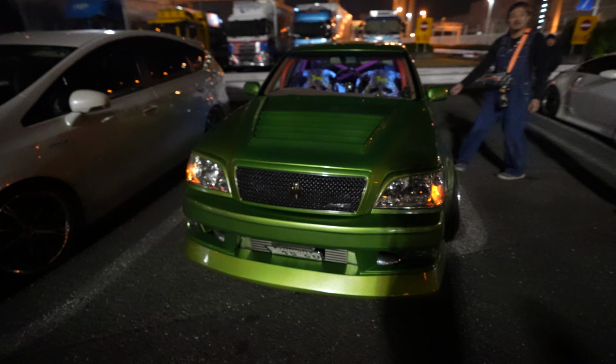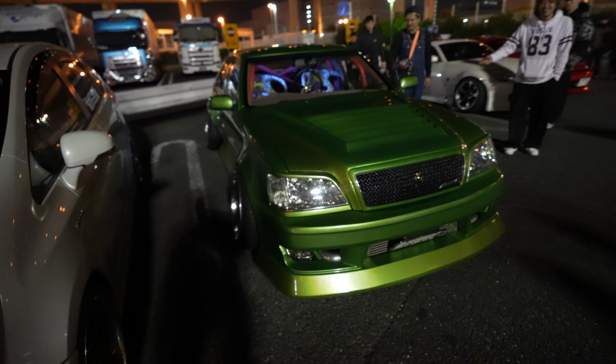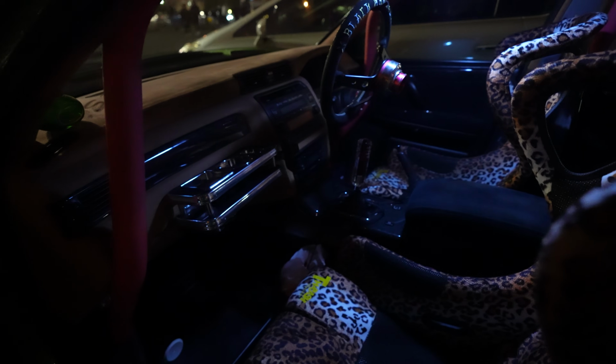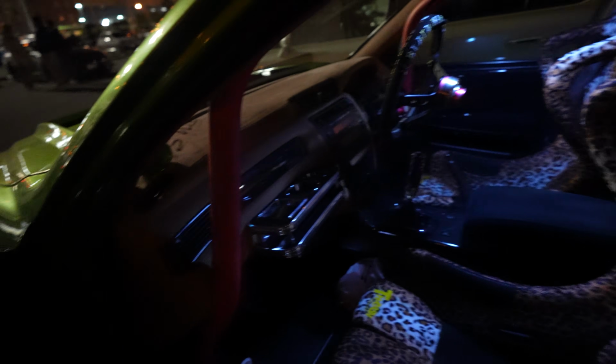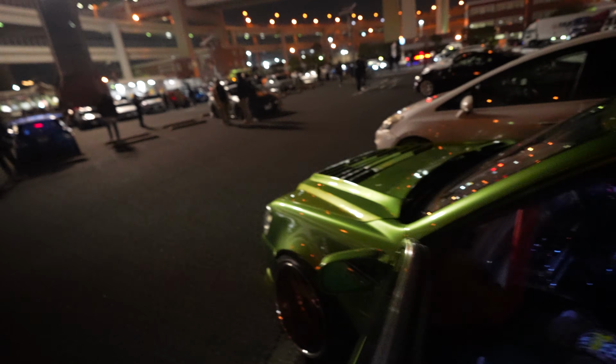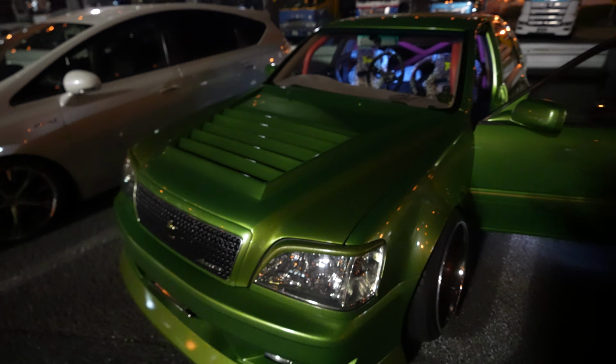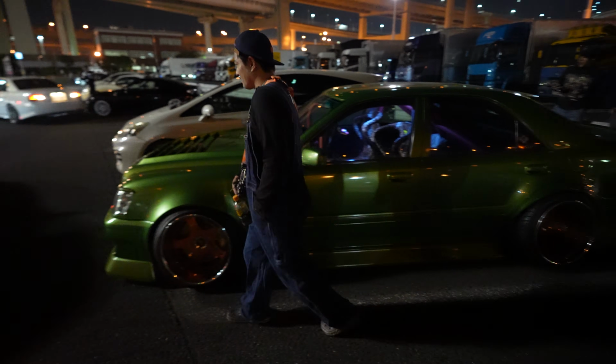They had the bonnet up a second ago. Let's see if we can see the engine bay. All right, we can have a proper look inside. Classy. This is so sick. Crazy roll cage, like I mentioned before. There's actually a set of spare wheels in the back. And we'll definitely have to take a look at the engine here and see if the owner can pop the hood for us again. All right, it turns out the owner is actually...